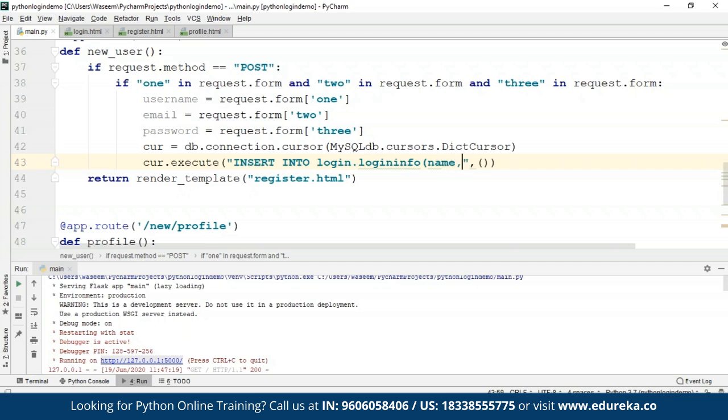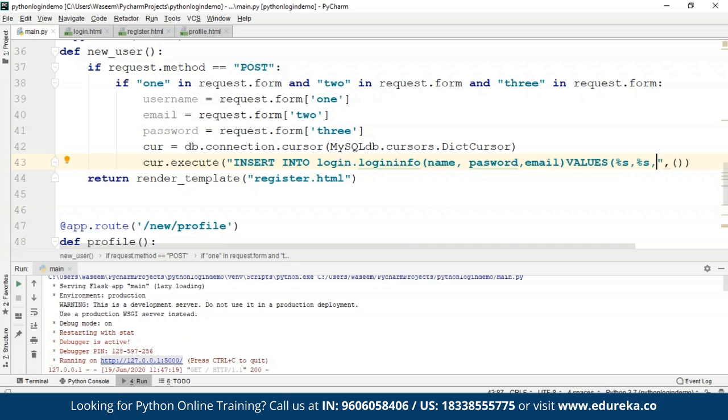We want to pass name, and we want to pass password, and we also want to pass email. Alright guys, and after this values, and let's see, we will pass it as %s and %s,